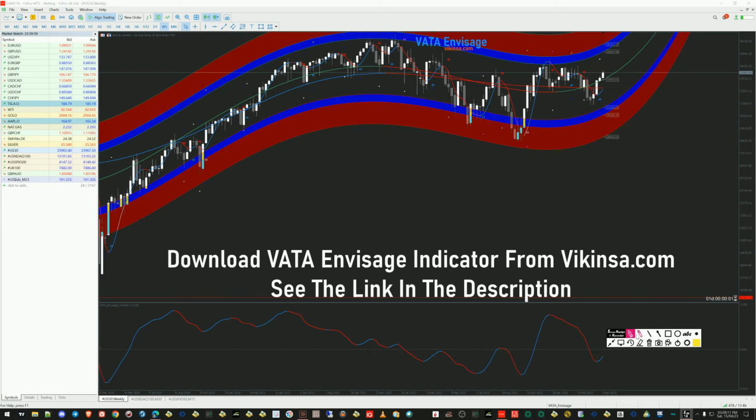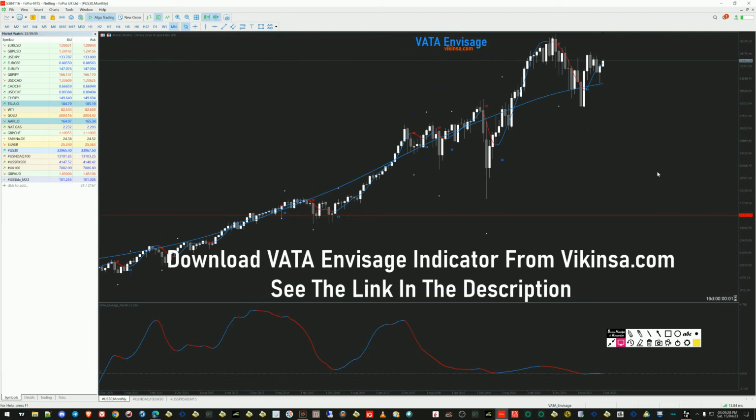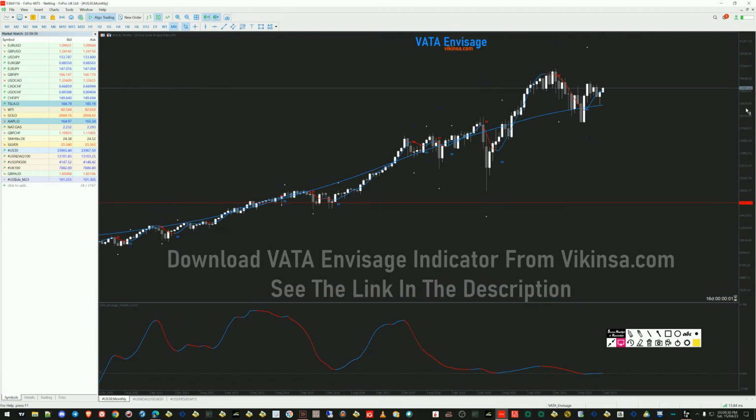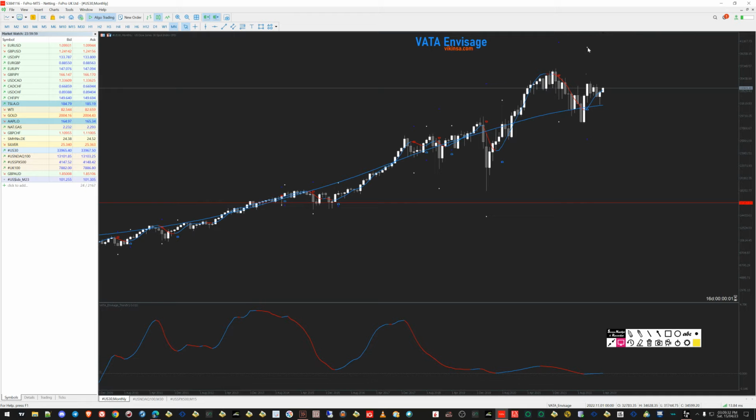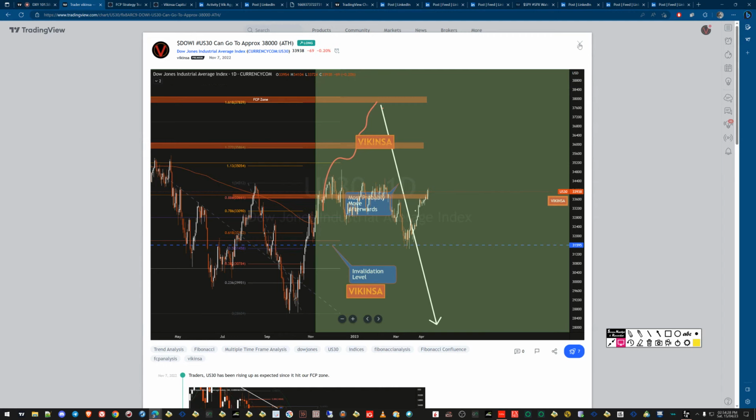And the market may try to reach there, but there will obviously be ups and downs because there are few structure levels and few FCP zones along the way. But this is what we can see on the weekly time frame here. If I look at the monthly time frame to see if there is anything on the monthly, the only thing that we have got is here, which is very, very high. So according to what I envisage, Dow Jones can also reach 40,216. It remains to be seen because it can take several months to do that. And so that was Dow.